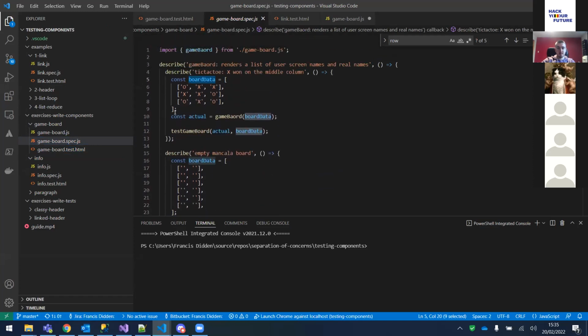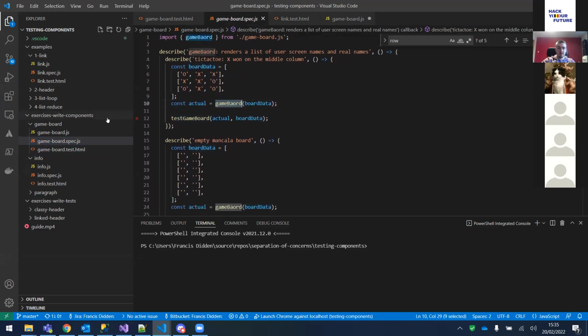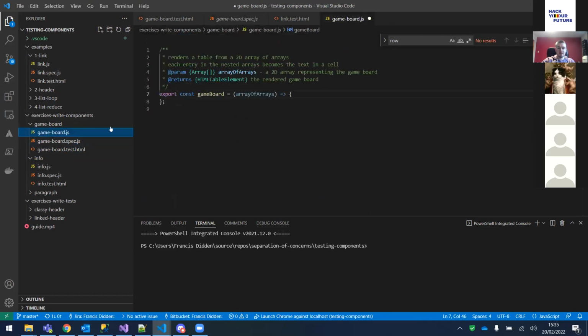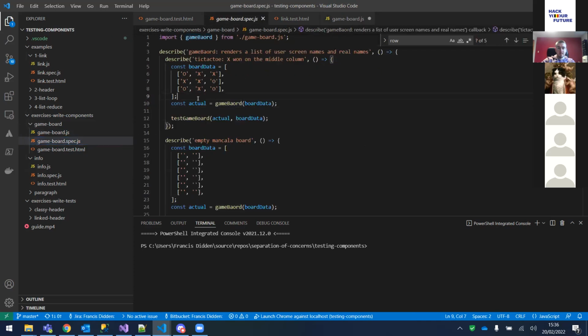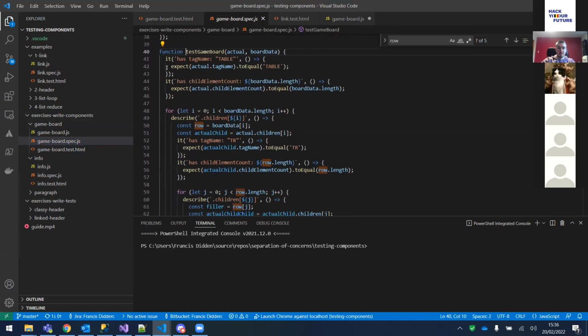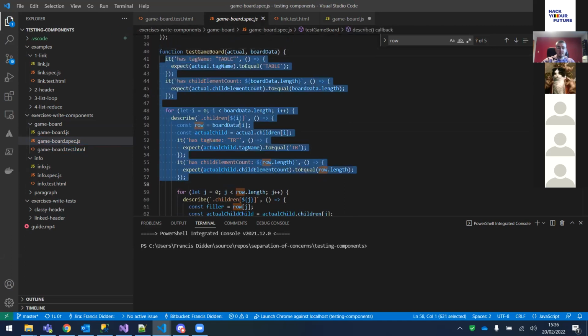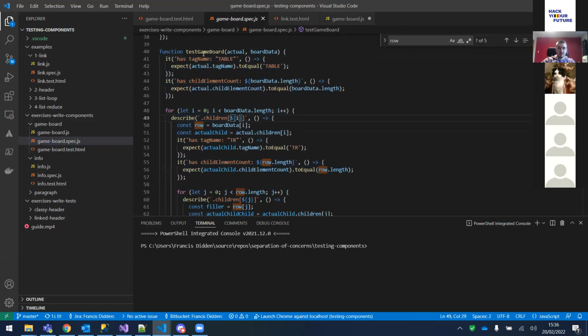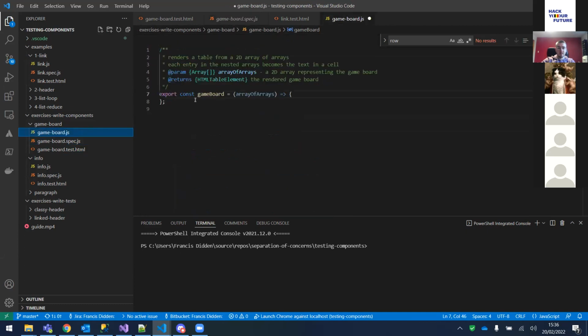Or no, this is the data, I mean. So the output will be an HTML document, but this will be based on this data. So when calling the game board function, which is still empty for now, we will test this one. So the test logic is in this function. Based on this, we will now reverse engineer what the game board function needs to return. So first of all,